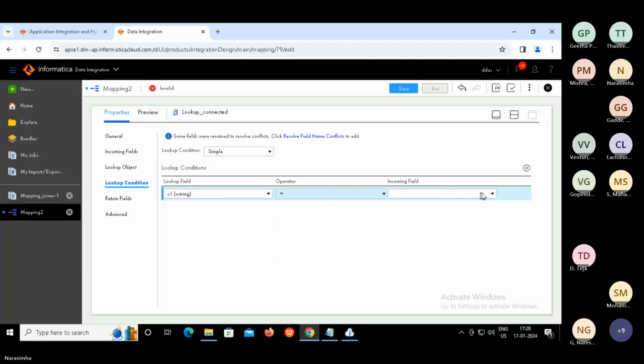C1 and incoming fields C1. That's it. This is a lookup field. This is a source field. And we can also use any relational operator. It's not that we always need to use equality.